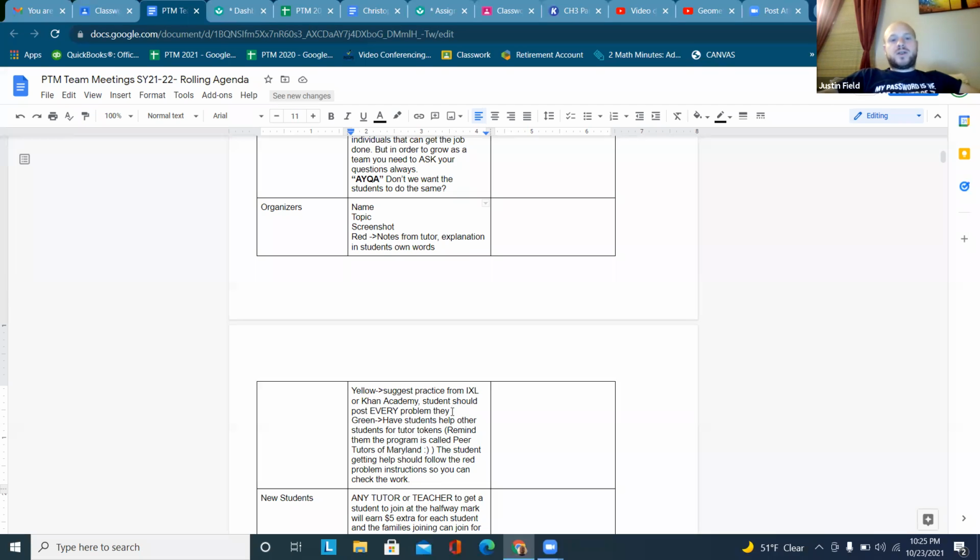But once we get students that really know how to post in the organizer, then when we get new students, we're gonna have our senior students here help them, and then that'd be great. So really invest in the students you have right now. They'll be with us the whole school year that way, and they'll be able to help others.